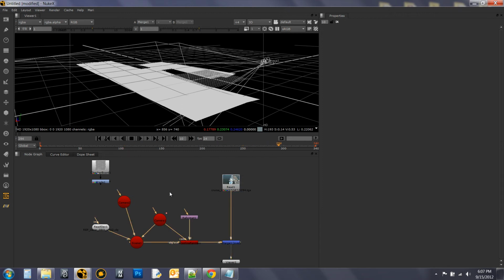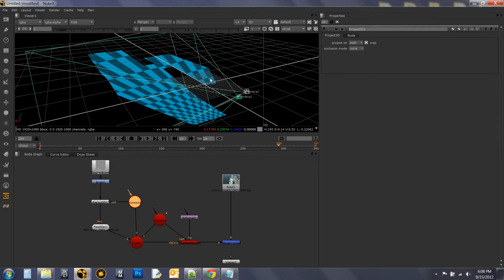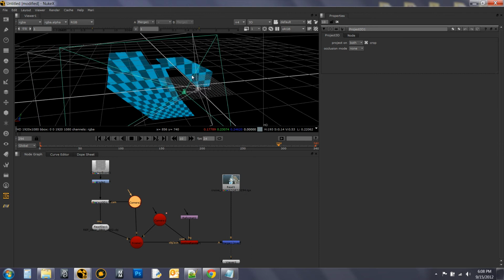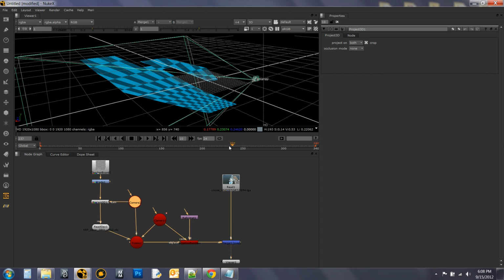And the next thing we would do is we would come in here and create a Project3D node, and this node has two inputs. We have a camera that it's using for the projection, so this is the camera that the projection is based on, and then the other one is the texture, so in this case it's going to be our gradient, and then its output goes to the geometry. So as we can now see, I'm now projecting our texture at frame 250. So if I scrub through, the texture doesn't move or anything,